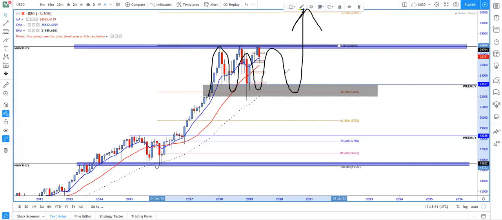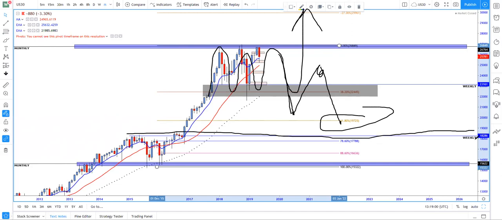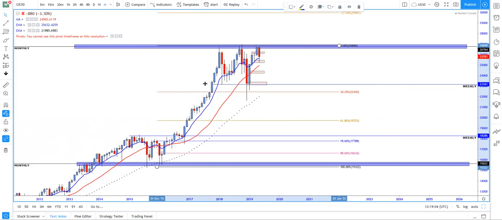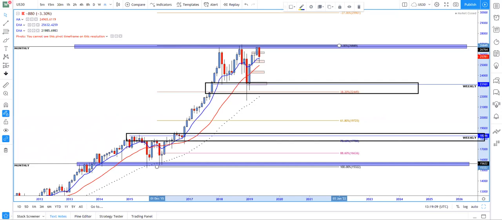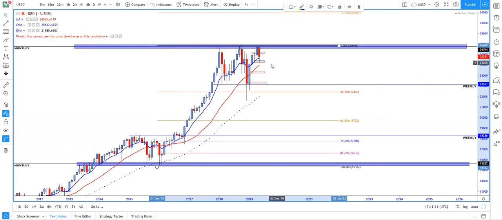If the price breaks this, then I'm expecting a deeper retracement, hopefully to 1972 or this weekly zone. That is my ultimate target, guys. If the price breaks this, I'm expecting a possible retracement to these levels. Now, that is the long-term analysis. Now, what am I expecting right now? If the price holds here and fails to break this, then I'm expecting the price to test these levels,